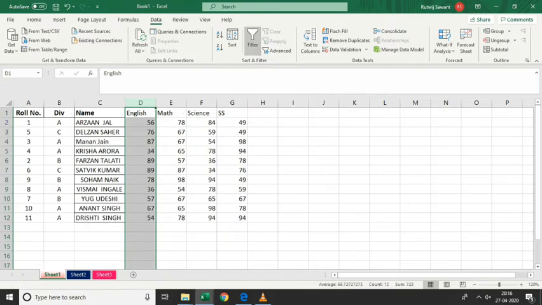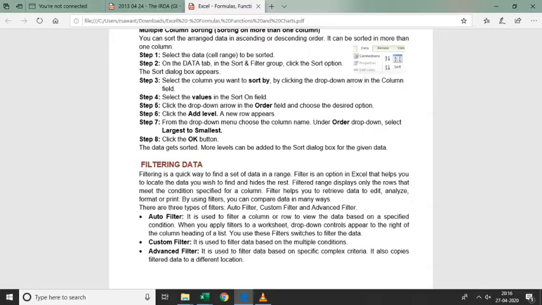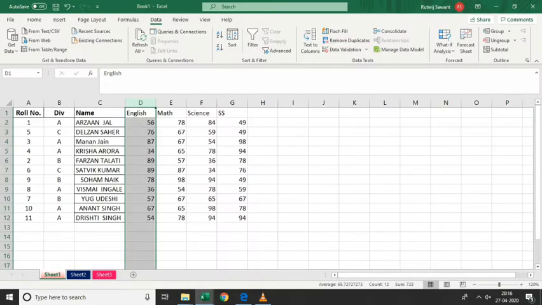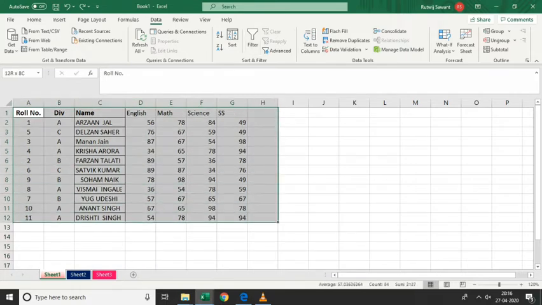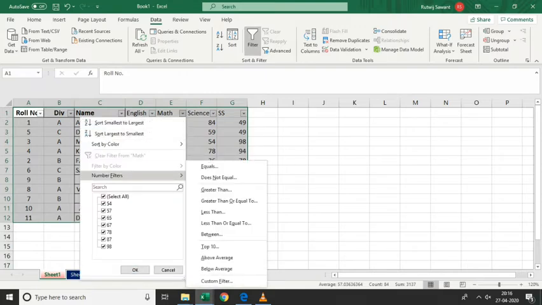Along with that, suppose you want to try out some other filter option, less than, top 10, above, whatever option you want to select. So from here you will select, suppose now I am selecting equal to 50 and OK.